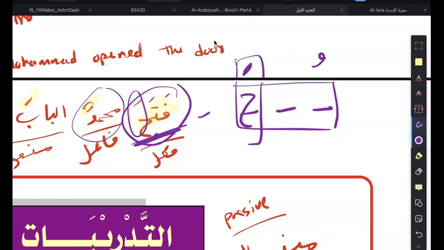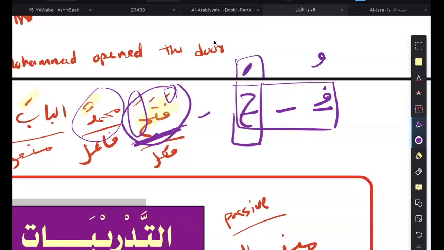If the first letter is a dhamma, that would be your main clue that this might be a passive. It's not always, but it might be. So this is the first thing we do: instead of fatha, you put a dhamma. So we have fu. The only thing left is what do we do with the ta here. The rule of the passive form of the past tense is